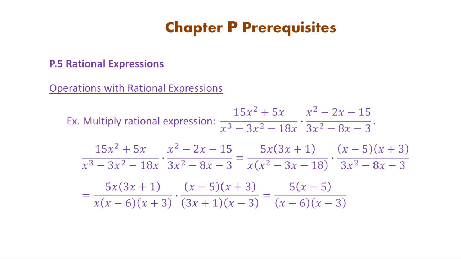So if you continue with this process, in the first rational expression in the denominator, x squared minus 3x minus 18 can be further factored as x minus 6 and x plus 3. Negative 6 plus 3, you get negative 3,